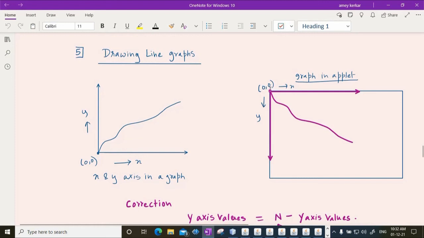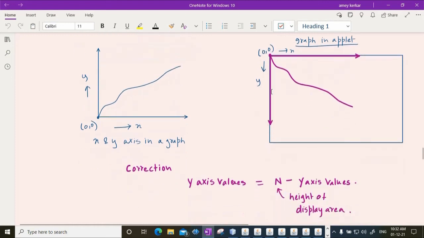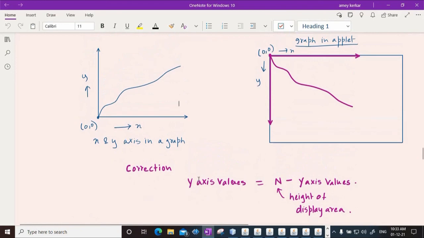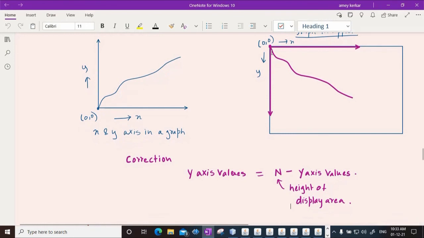Okay, now there is a small correction that we can do so that the graph will appear as it is. What is important is this line that is drawn. So for correction, what we will do is we will say new y-axis values are equal to the height of the display area. Now suppose the maximum height of this display area, if it starts with 0 here, is say 400 here, and maximum width is 400 here.